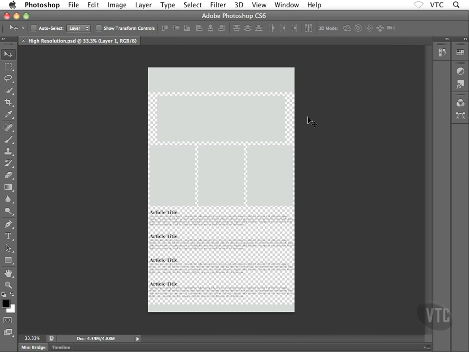Okay, great. So what we have here now is the wireframe that we created inside Illustrator now sitting here inside Photoshop. We have all of the building blocks for our layout. So now what we want to do is take all of these building blocks and separate them, break them apart onto their own separate layers, and then we'll start applying design to them.